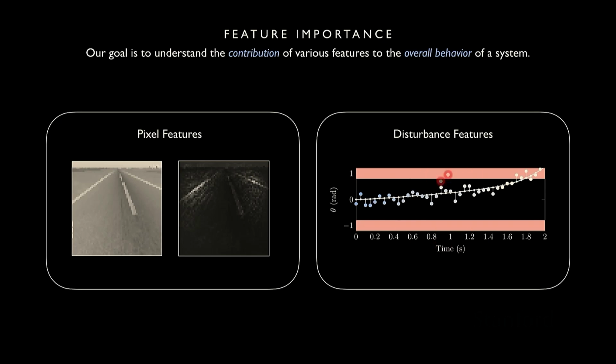And then similarly, we can do something with trajectories for disturbances. So here's our inverted pendulum trajectory. Each of these dots here is an observation disturbance, so it's where the pendulum thought that it was. And then the darker dots indicate disturbances that were more influential in the final outcome of the trajectory, or in the robustness of the trajectory. And so it turns out that disturbances earlier on, and we'll see this in a second, end up being more influential than disturbances later in the trajectory.